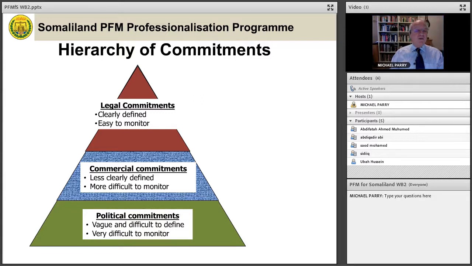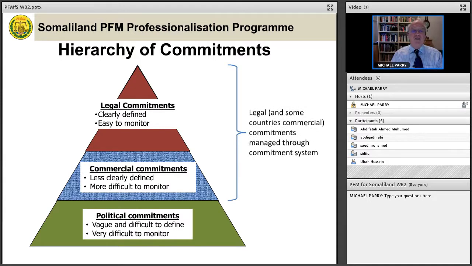And then you have political commitments. The Minister of Health says that we are going to have a country immunization program against measles at a cost of $5 million. That's a political commitment. There is no contract with anybody. And if it isn't fulfilled, you'll blame the politician, but that's all. They can be very difficult to monitor. It may well be that, in fact, that $5 million is part of a larger program of healthcare, and it may be that you could never monitor it.